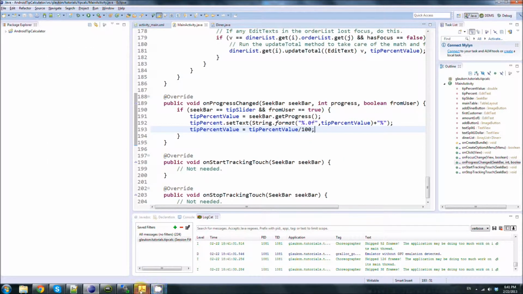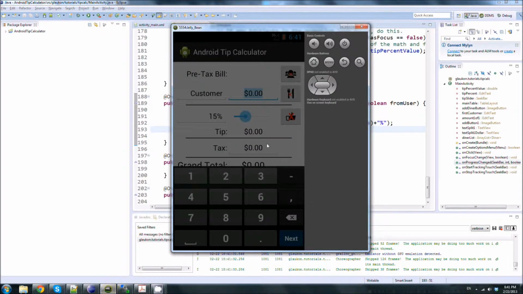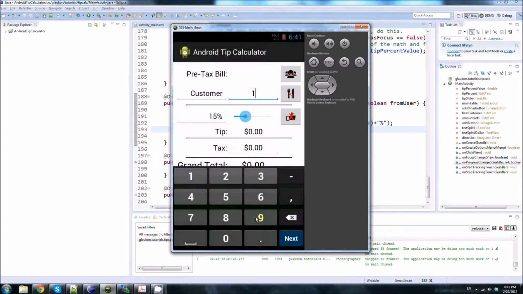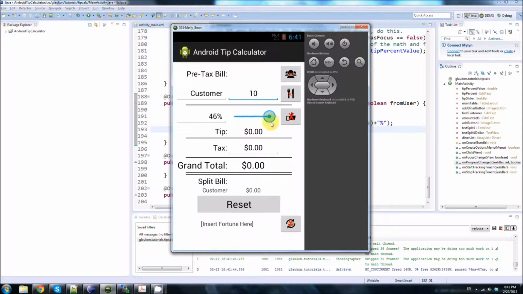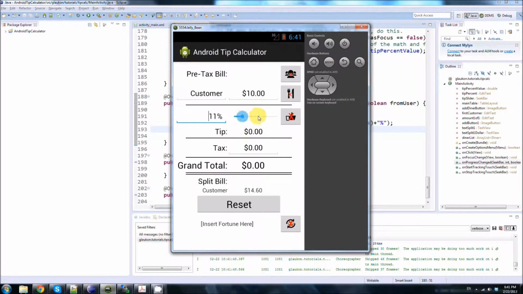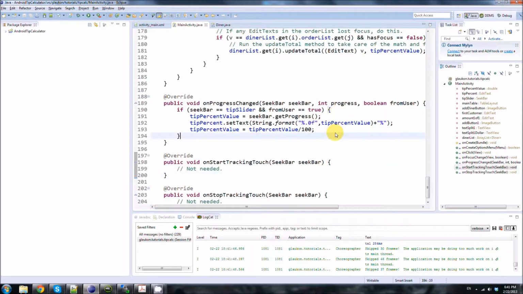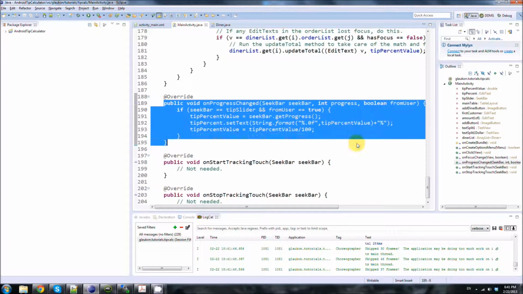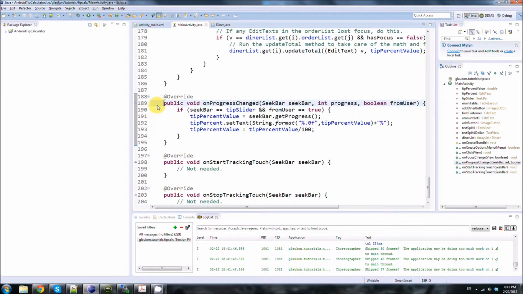And what we have currently is this, where we have the app up there. We have this tip thing that changes, but when you change the tip up here, it does not calculate in real time what the tip is down here. So let's fix that. Go to the onProgressChanged method, and this method is the thing that is run whenever we